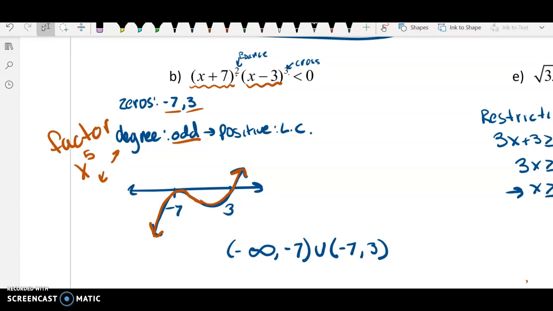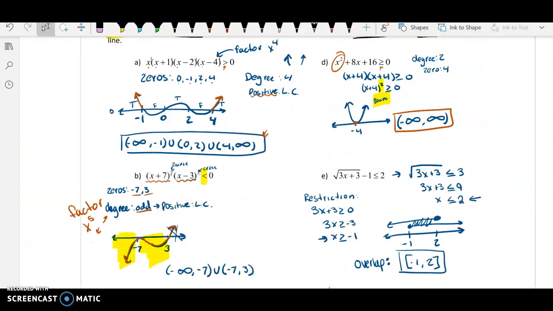And then over here, how do I know what my solutions are? Well, if we take a look, this here says less than. So where is the graph less than 0? All of that. So you're going to go ahead and include those. This part here is just where it is not going to be less than 0. All right, and then taking a look,